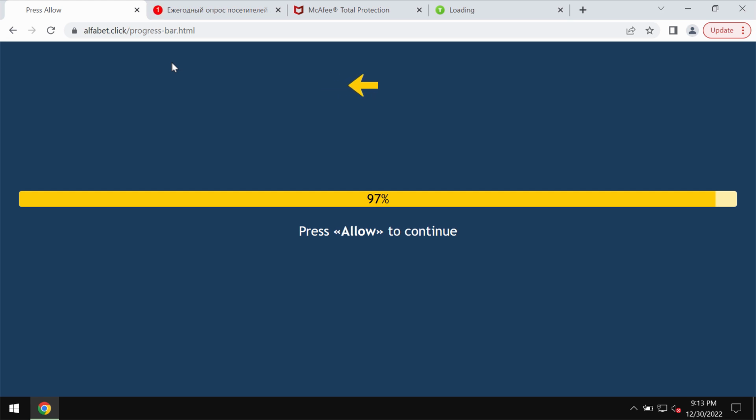In the majority of the cases, these pop-ups try to make people click on a special allow button, supposedly to help them continue their browsing, but it's a mistake to do that. It's a mistake to click on allow. This would immediately hijack the browser with a lot of pop-ups that will be attacking the screen in the form